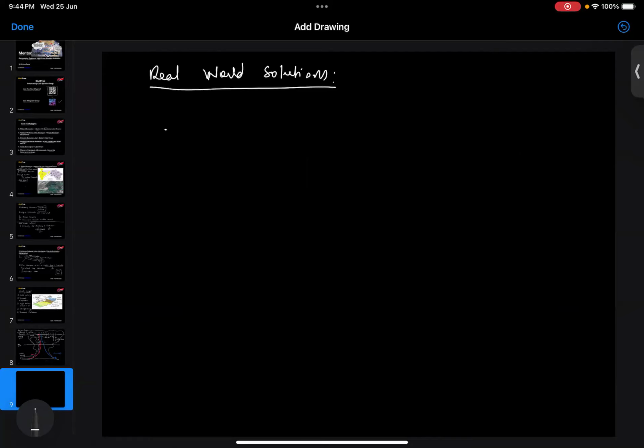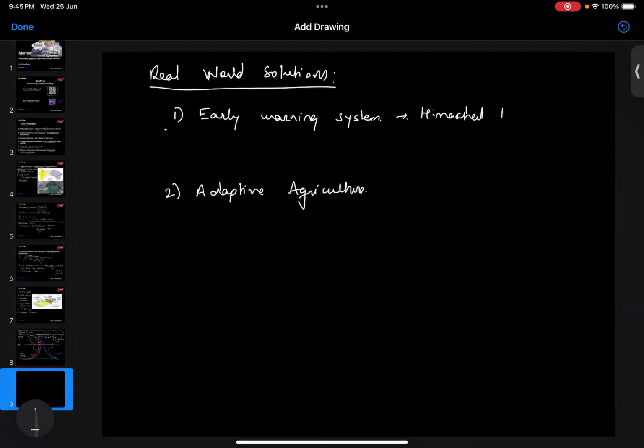When we look at the real world solutions, there has been an early warning system. And number two, adaptive agriculture. So under this early warning system, we'll see that Himachal Pradesh has decreased crop damage